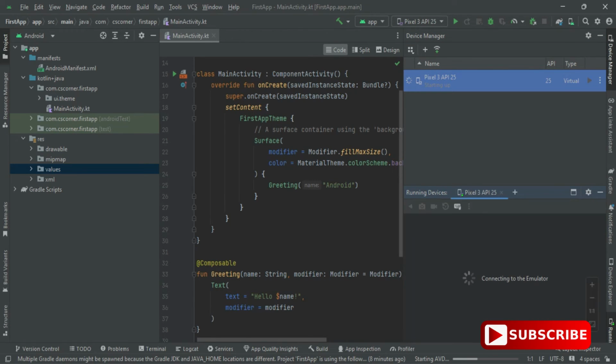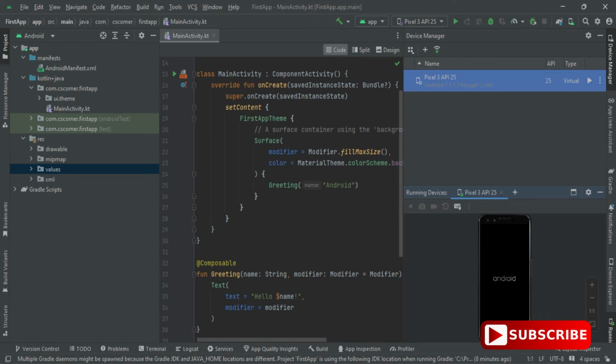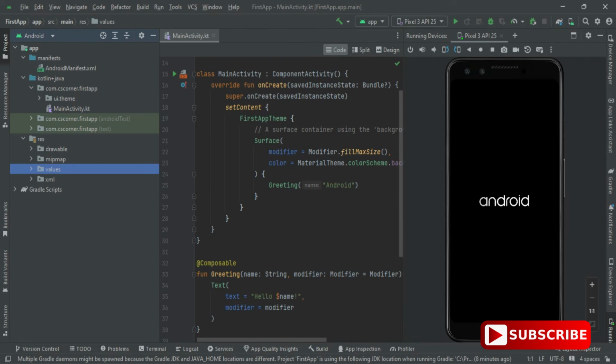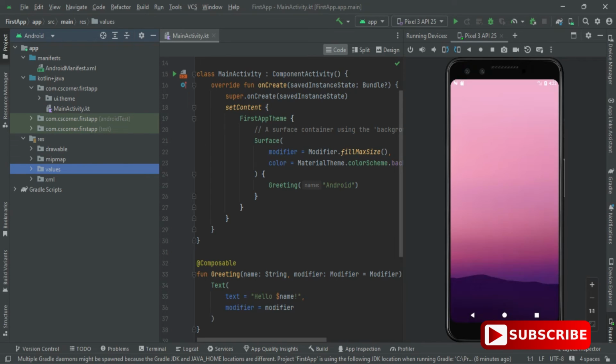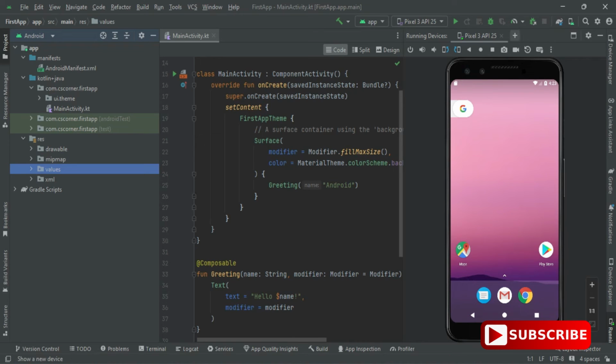Okay, so guys, here you can see my AVD has been started. So here it's showing me my device which is running. Now we will run the application on this virtual device. I have created a separate video for how to run your application using physical devices, your actual mobile phone, and also how you can connect your mobile phone and your Android Studio wirelessly. So you can see that video also.